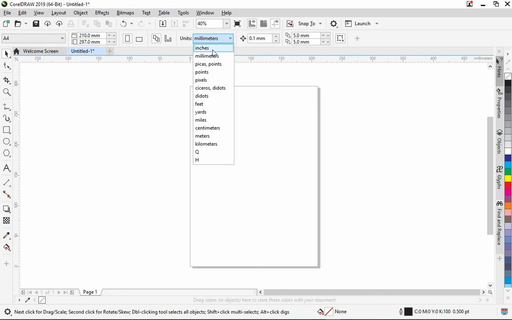So if I'm working on any other job for printing, most times I use inches because I'm more familiar with inches than millimeters. So it depends on what unit of measurement you are familiar with or you are working with. But if I'm working with a bigger project, I use feet. Like maybe I'm working with